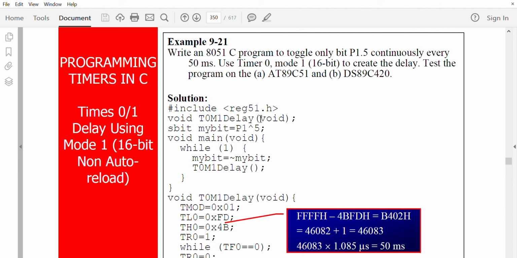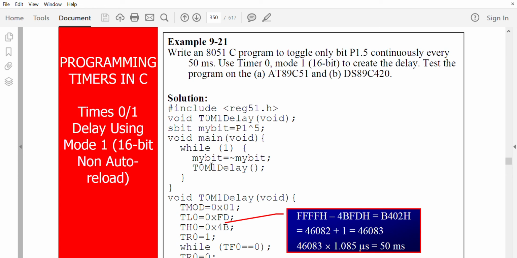We want to toggle P15, and we are using the C program. So the delay you have to declare here, and since we are using a single bit, you can write it as sbit and give a name, and that is defined as P15.